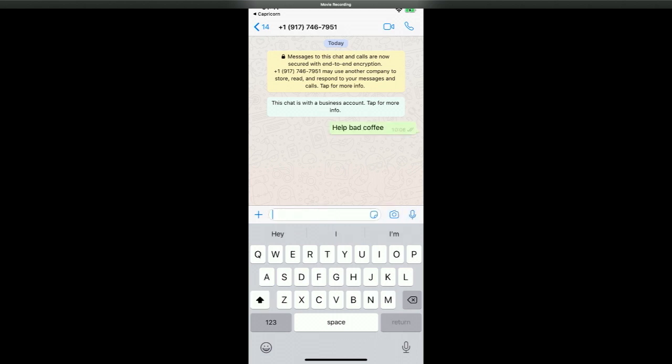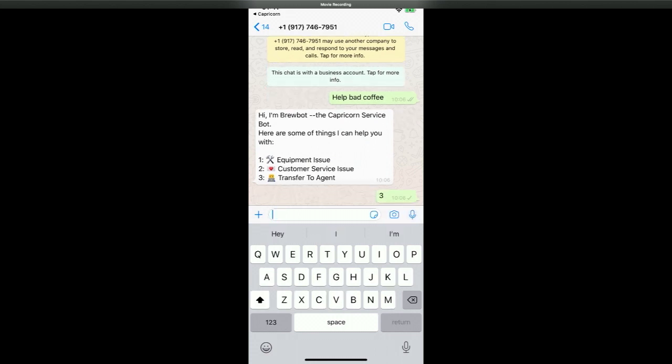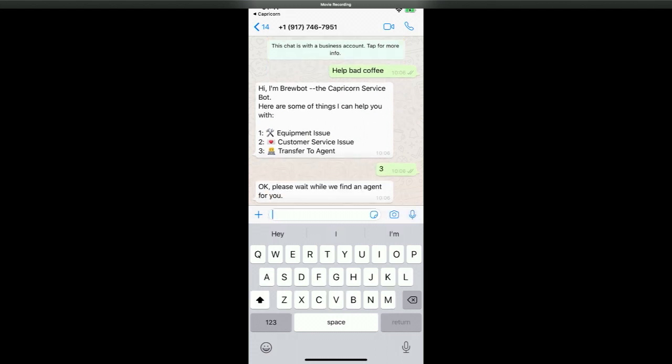So what's happening right now is that it's opening up a communication channel, firstly with a chatbot. Okay, and so what you're seeing here is our chatbot for Capricorn called BrewBot. And BrewBot says, do you want some help with a few things? Today, Lauren just wants to speak to an agent, so she's going to type in 3 and say, transfer me directly to a service agent. Okay, so BrewBot does that, and now what we're going to do is transition over to the view of a